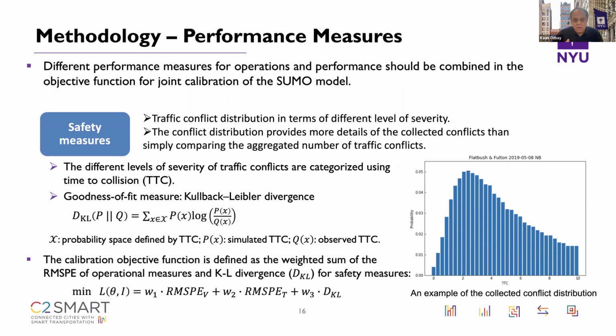It looks at the proportion between the probability of a certain event that is observed versus simulated. So basically, you're trying to match this measure between the simulated and observed data. If the percentage of simulated X event is equal to the percentage of observed X event,